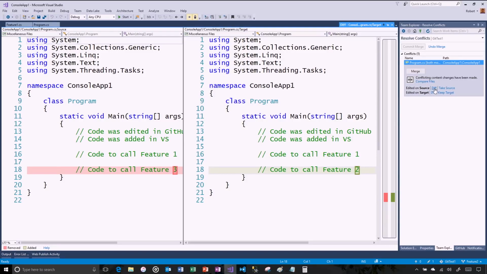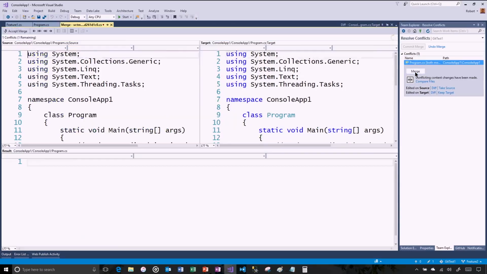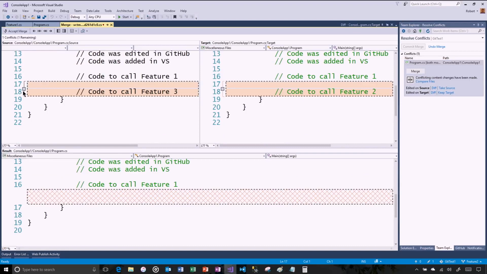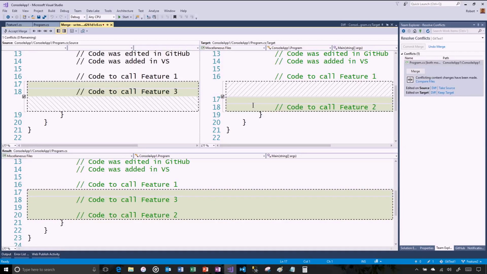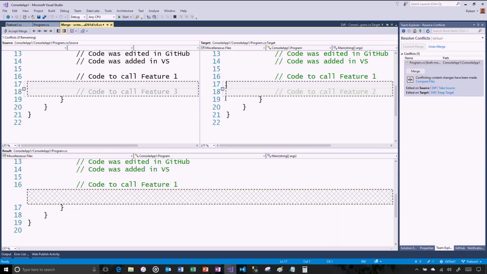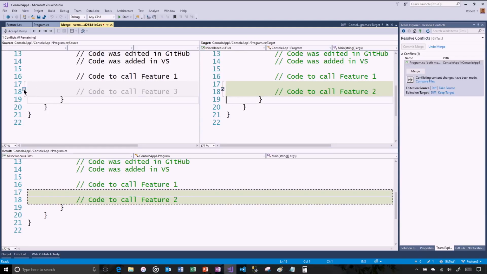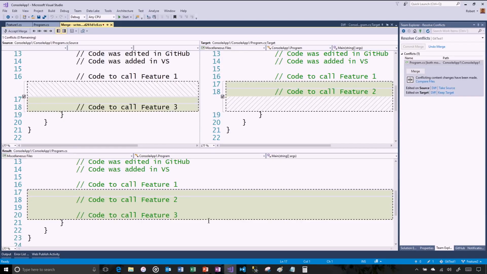And then I will click on the merge. And now notice there's a little checkbox next to this code. So I can here choose to keep both of the lines of code down into this, which is what I'll then send back. And the order I check controls the order that things get added. So I actually want the code to call feature 2 before the code to call feature 3. Right? Then I accept the merge,